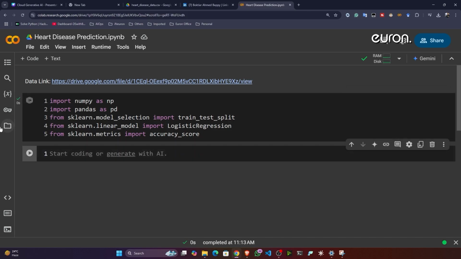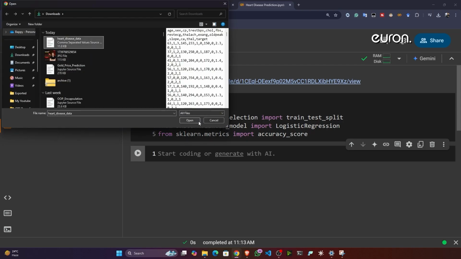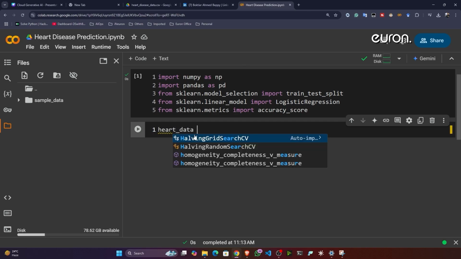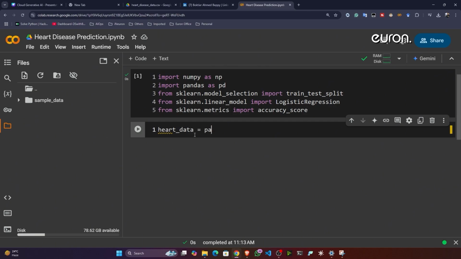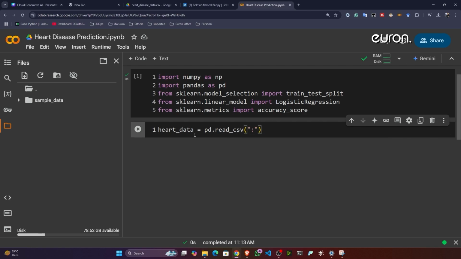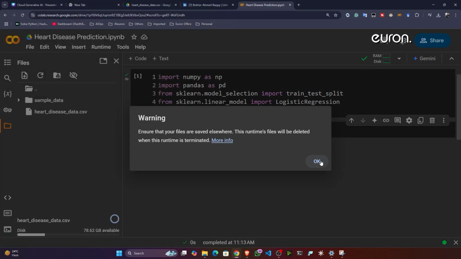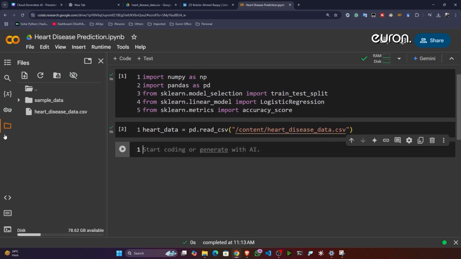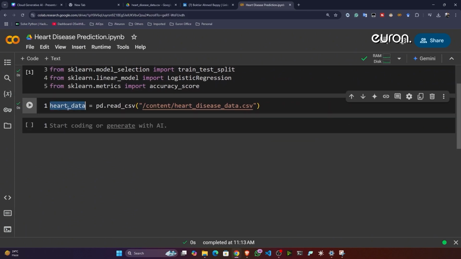Then I'm going to upload the data here. So let's load the data. So heart_data is equal to pd dot read_csv. So now it has uploaded. Now let's copy the path and here let's try to provide. So now if I show you my data.head,